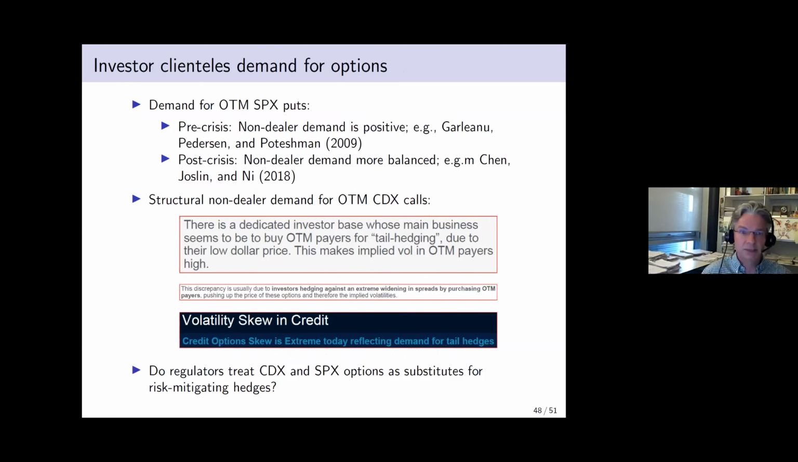Another possibility is that there are different demands, different clienteles, for these two options. There have been a few papers that have pushed that as an idea for the time variation we observe and the size of the skew on the equity side. It's plausible that we have a different clientele, even though these two products might look very similar from an economic